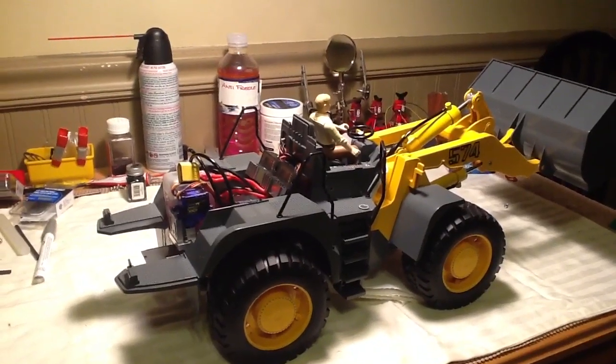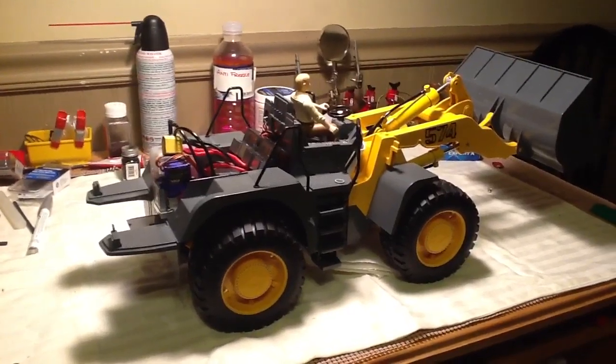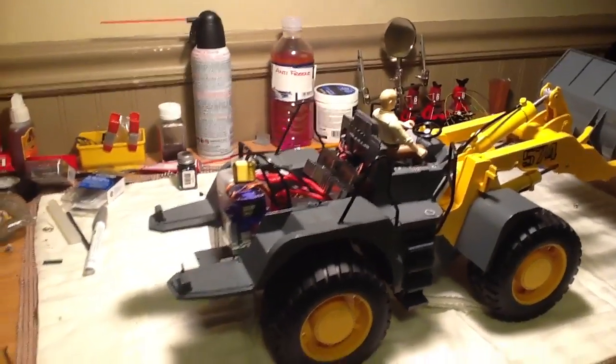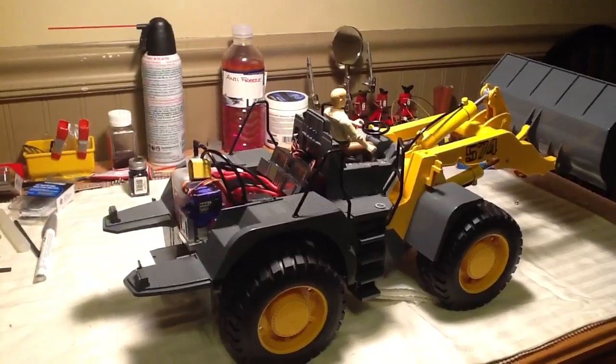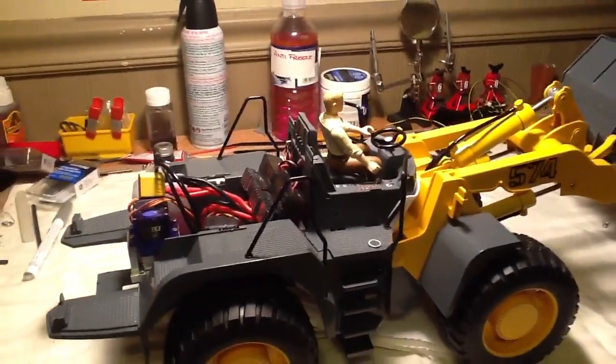Hey everyone, thought I'd put up a little update on the Bruder RC conversion. A lot of guys have been asking about what it looks like inside, and I promised that I would do a little video or take some pics to show you the guts of it all. But before I get to that, I wanted to show you, of course, I had to do a little bit